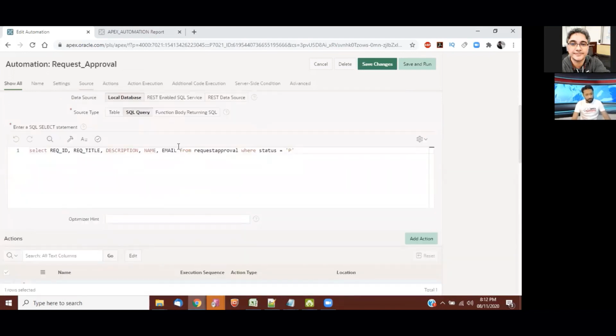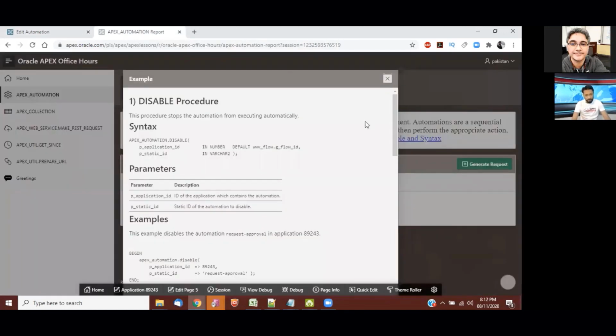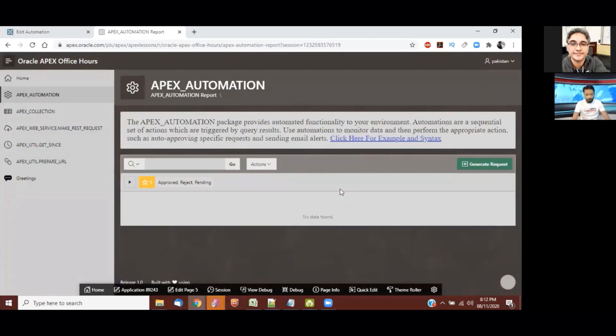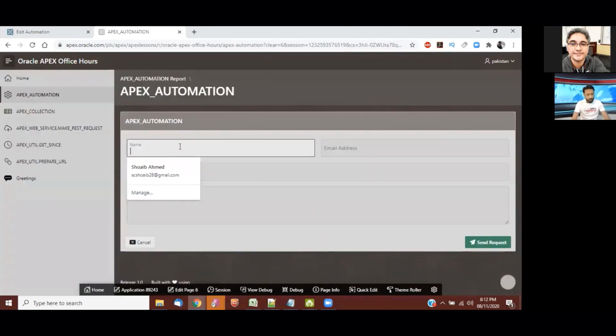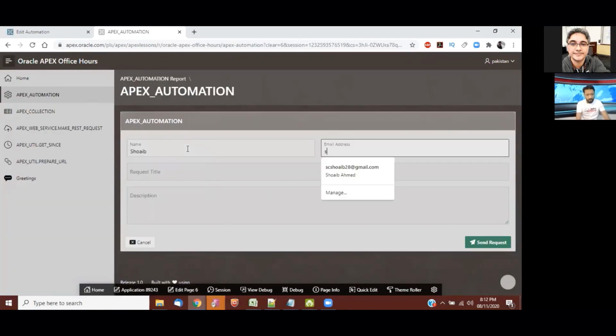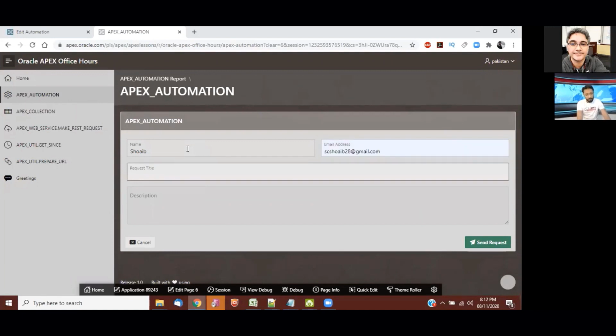Before going further, let me tell you the use case of this API. Let's suppose I want to generate a request. I'm going to put my name here, my email address here, and I want to request a new laptop.